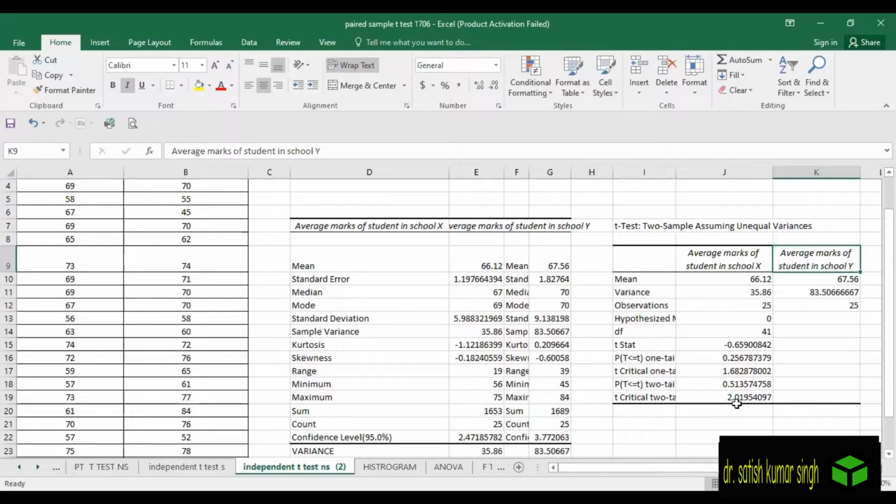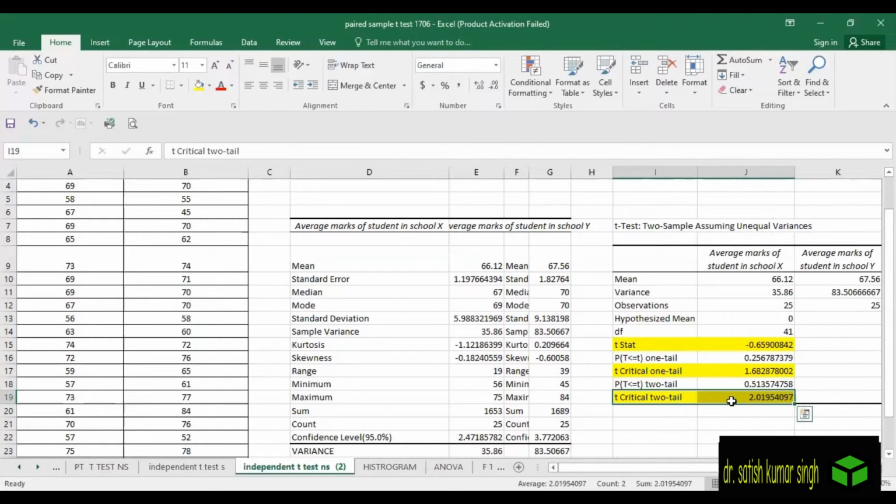Now we are interested in the t-statistic. The t-statistic which is calculated is here, and then what is the table value of the t-statistic, and what is the table value for the two-tail test. As this is a two-tail test, we are more interested in this. Here you can see that the p-value, we are more concerned with the p-value. You see, the p-value is 0.501.